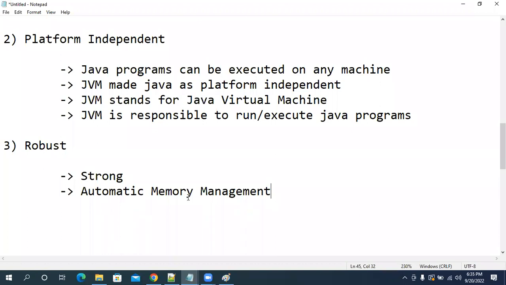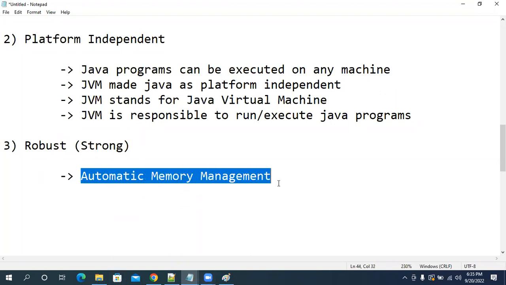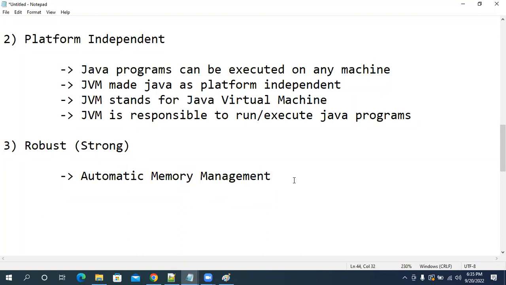Right. Now see here. So Java is robust. Why are we saying Java is robust? Two reasons are there. Robust means it is strong. Why are people saying that Java is robust? Automatic memory management. So memory allocation, memory deallocation. When I am running my program, I need some memory to store some data.